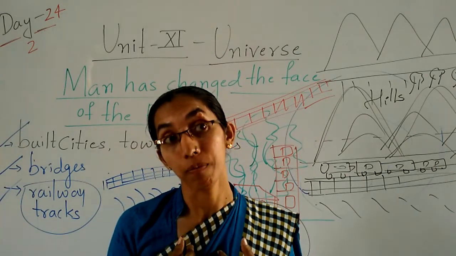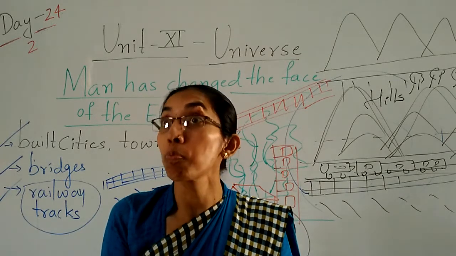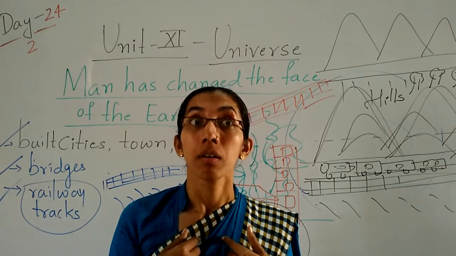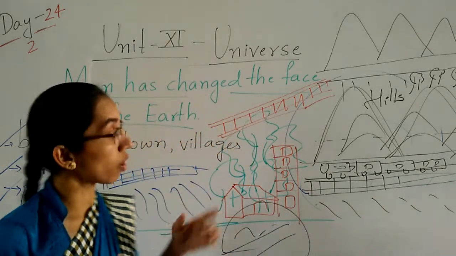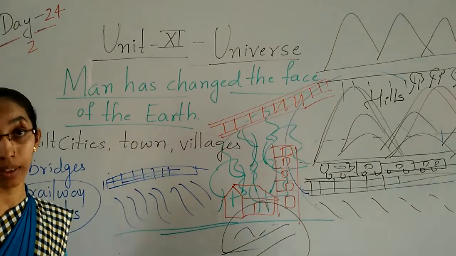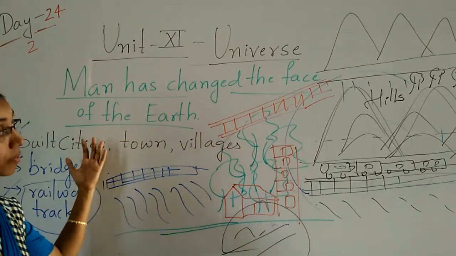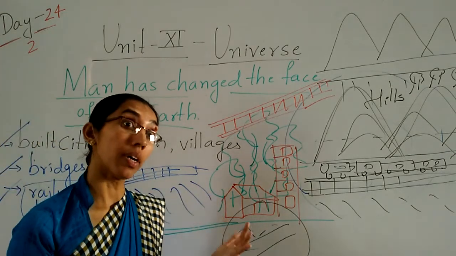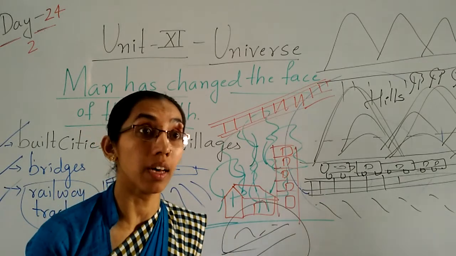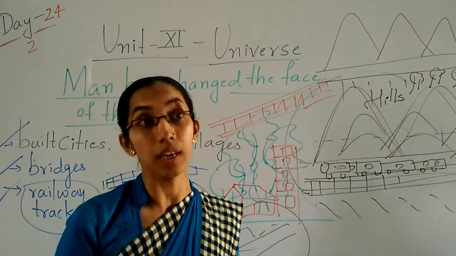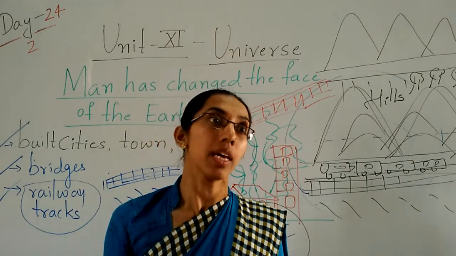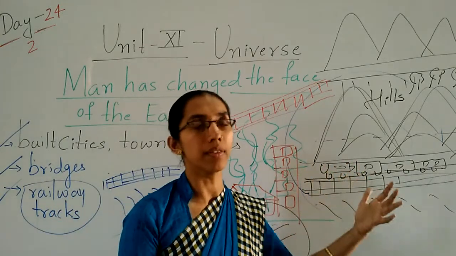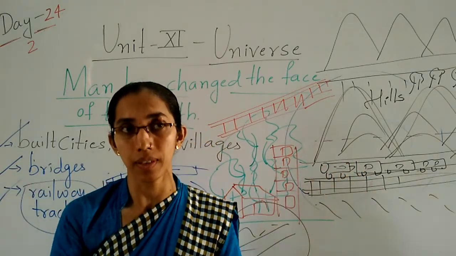So we are responsible for destroying our earth and polluting it. We are the destroyers. Clear? We are the main cause to destroy our earth. There are numbers of things we don't see. There are lots of differences we can see on the earth. First, our earth is the water bodies, the land and the forest. Now we can see the forest has become very less, and numbers of houses, bungalows, buildings, railway tracks, numbers of things we can see.